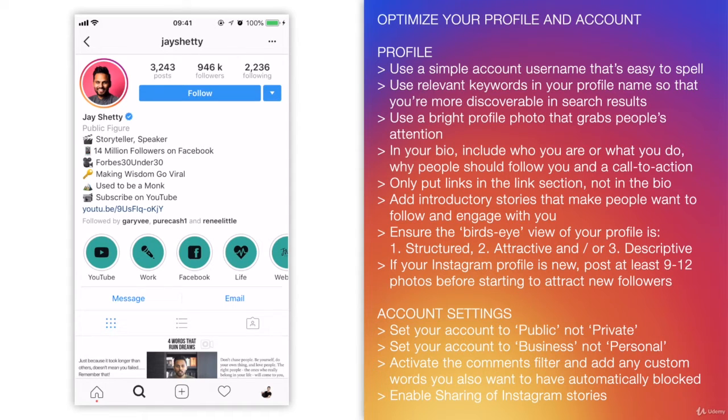So the first thing is to have a really clear and easily spelt username. If you see right at the top, Jay Shetty has just got his name. So ideally, if you're a brand, use your brand name. If you're a person, use your name, and then just keep it as simple as possible. Your name might not be available because there's over 1 billion Instagram accounts now. So